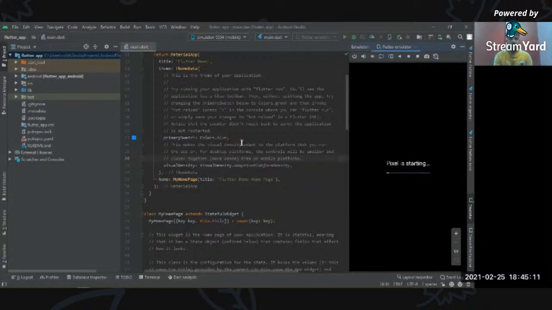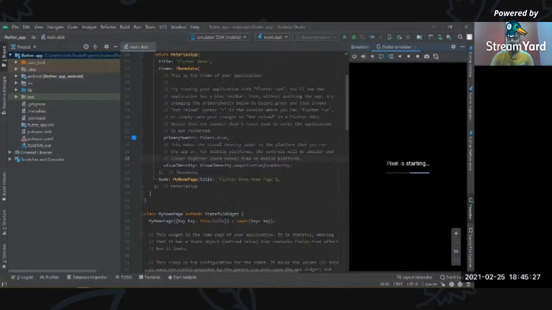Okay, so guys, we will not be creating a new virtual device again. I think the Flutter emulator, my old device, is working now. I think it's starting now. Let's wait, guys.